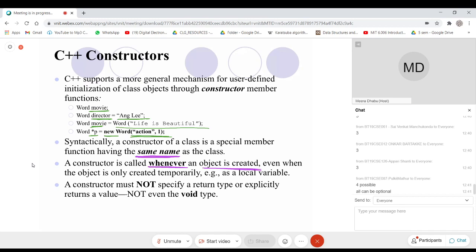Irrespective of when the object is created, whether that object is a permanent member of that function or it is being created temporarily by the compiler, constructors are invoked. For creating an object in our code, as we have written the code accordingly, that constructor will be invoked. But sometimes the compiler is also required to construct a temporary object. There also the constructors are invoked.